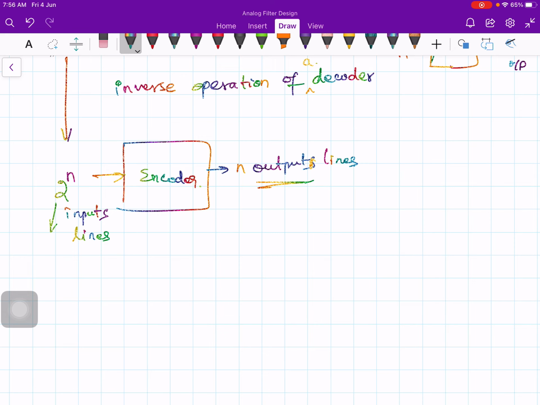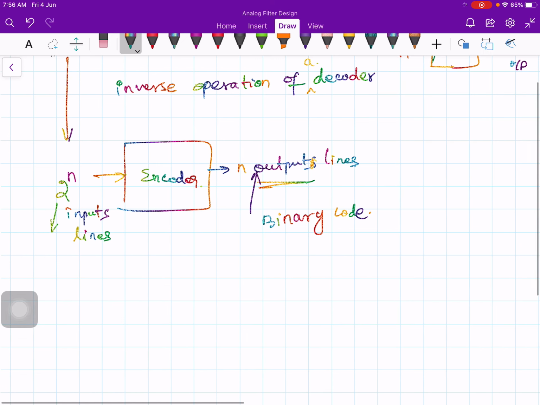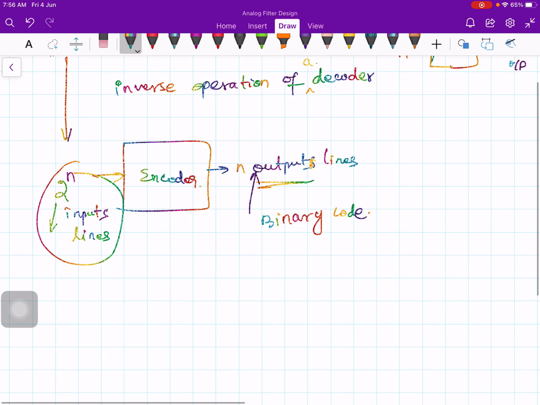Here the output lines generate the binary code corresponding to the input values. In the decoder case, you have x, y, z.